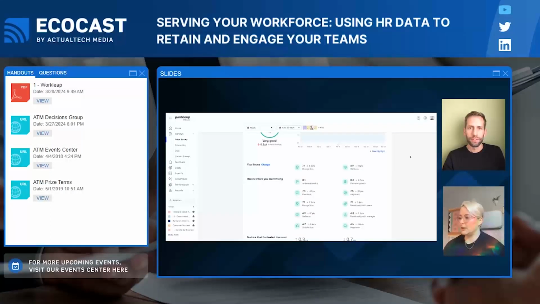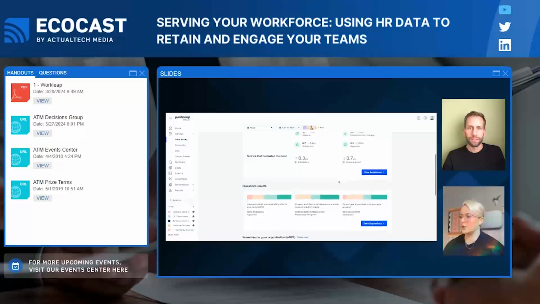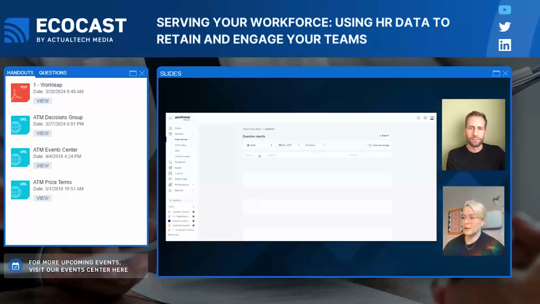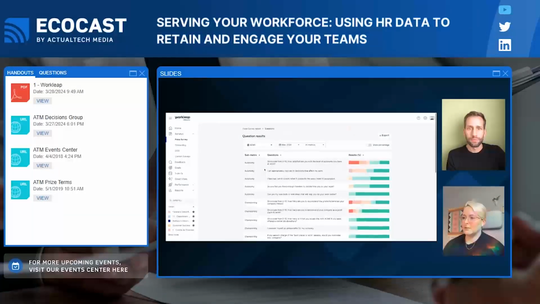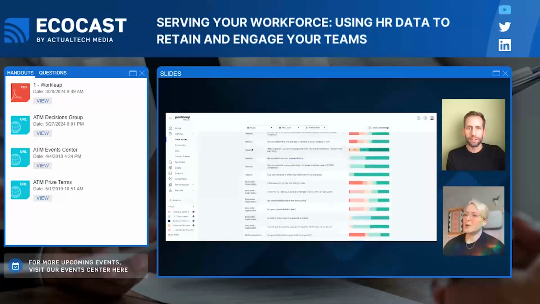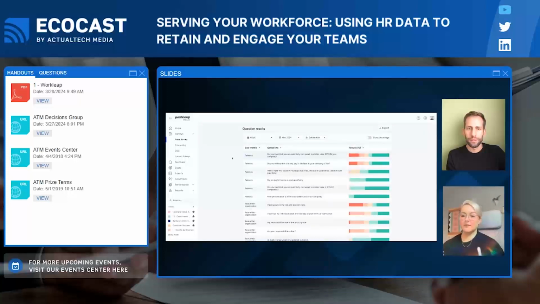So if we go in here into the question set, I'm just going to scroll down into our question results, where we can actually see questions related to fairness. So actually, let me just go in here. Under satisfaction. So our question set related to fairness here, as we can see, focuses a lot on the perception of pay equity and fairness equity within the organization. And I think that it's only fair to say that people's perception of pay equity and fairness really does feed into their feelings of engagement towards an organization.